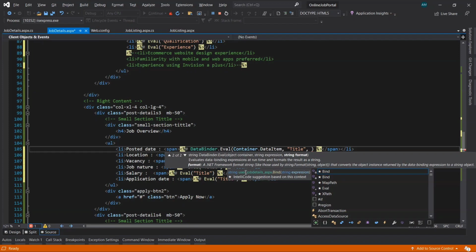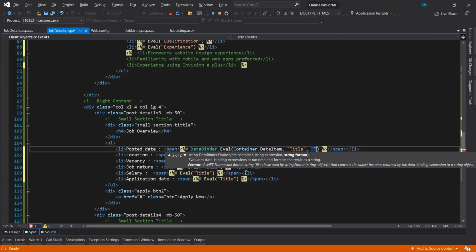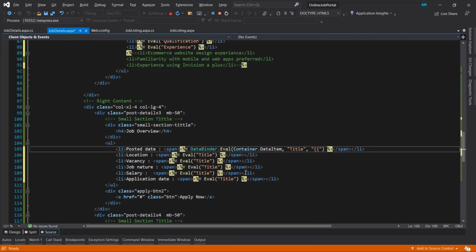So let's take double quotes within the curly bracket, {0:dd MMMM yyyy}.